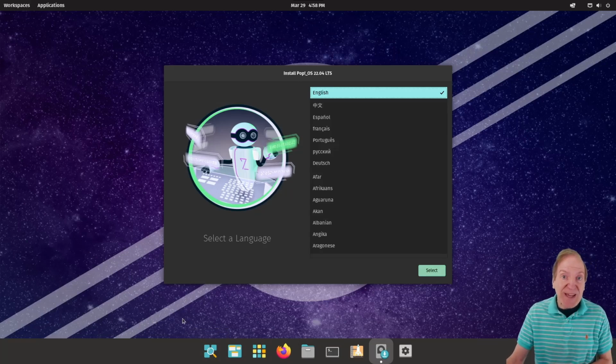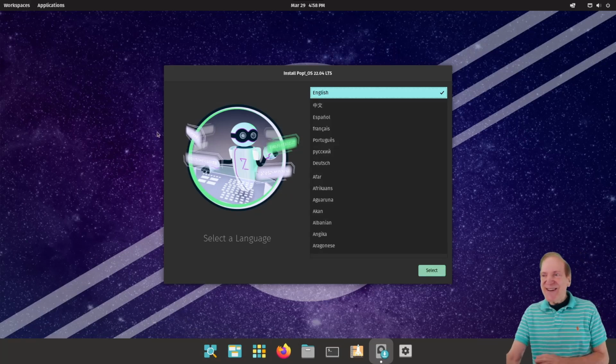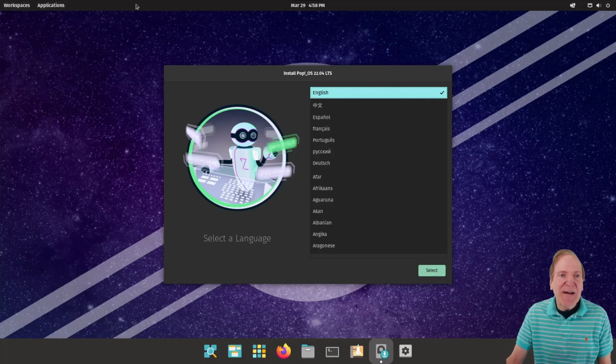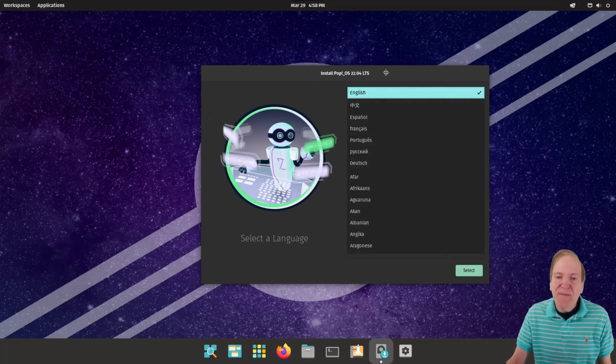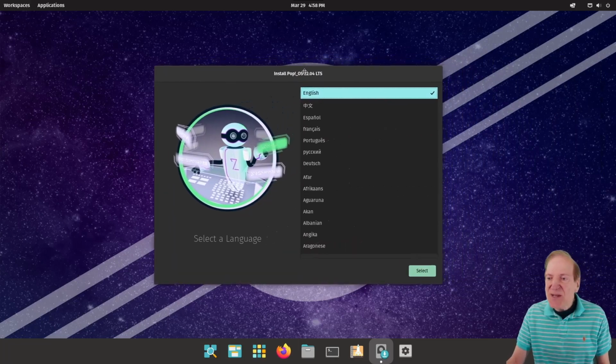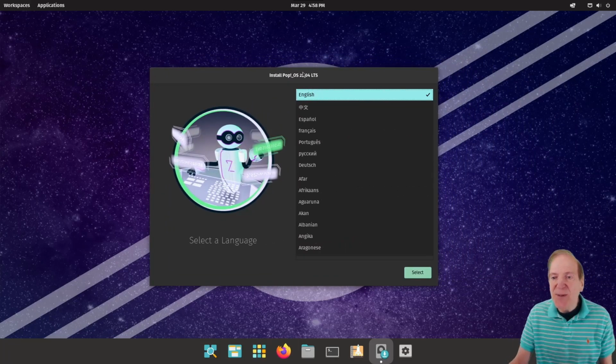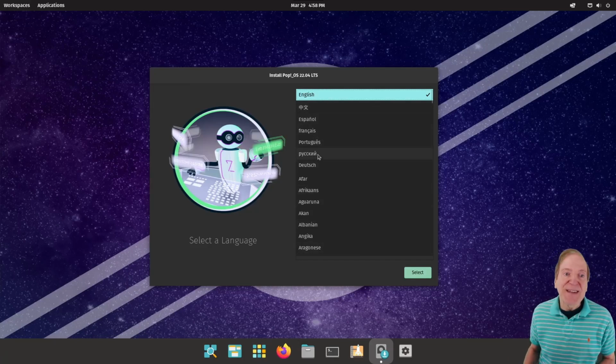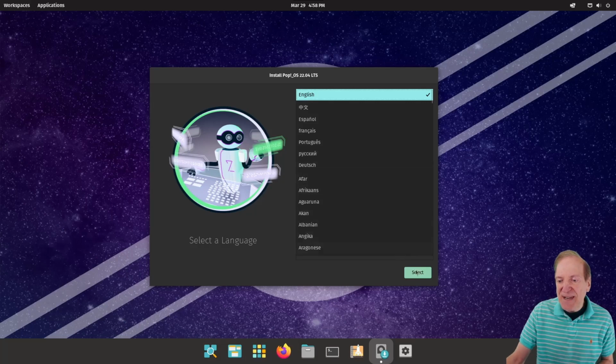Otherwise, it was always like that. So anyway, of course we have our top panel up here showing our workspaces and applications and so forth. And then the classic branded wallpaper in the back, which looks like it has a really nice, maybe new look too. I like the purplish color there. Very cool. So I'm just going to jump right in and install this, and it's defaulting in English, so that